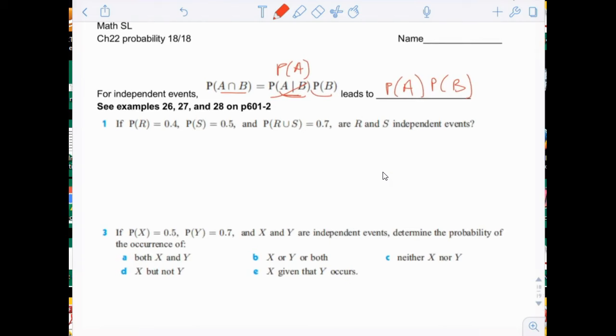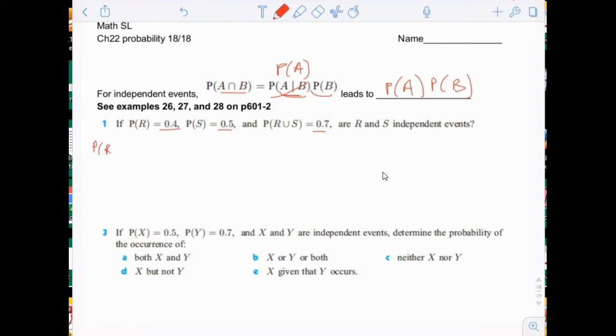The probability that R occurs is 0.4. The probability that S occurs is 0.5. The probability that R or S or both occur is 0.7. R and S are independent events. Well, we're going to use two different formulas that we know to solve this. One is we know how to relate R union S